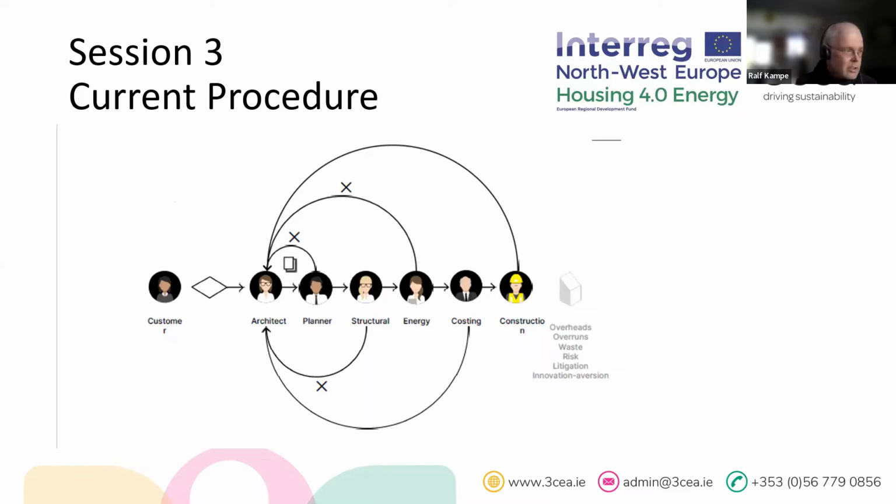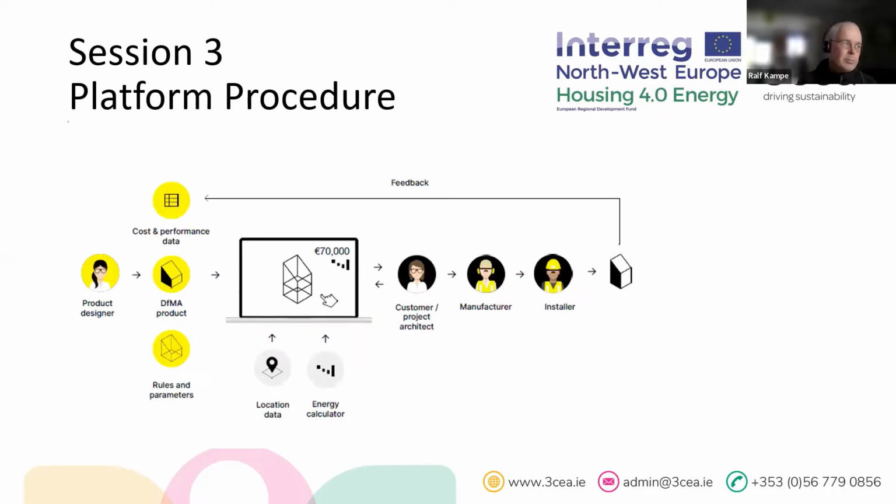This is what we're doing at the moment: there's a customer who wants to build a house who goes to an architect or planner and designs it, and then the design team goes back and forth, which extends the planning duration a lot. They promote that we have this pre-designed, prefabricated product, and we have the rules